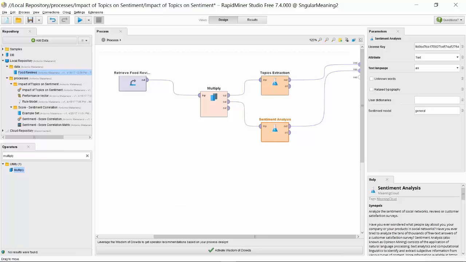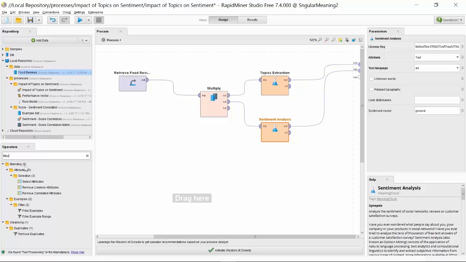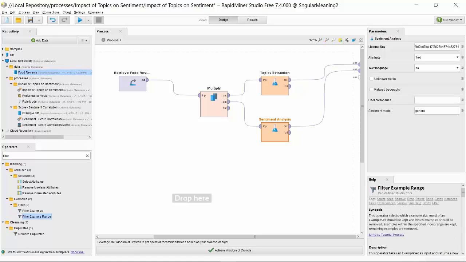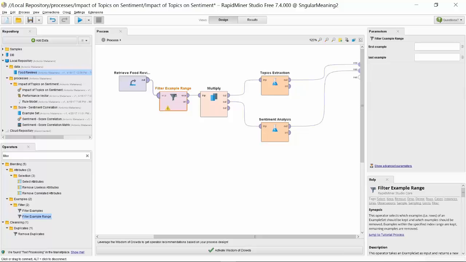And only because the data set is very long, and if we would like to analyze that now, it will take several minutes, I'm going to just use a subset of the data set. I'm going to use this operator called filter. Okay, I'm going to just select a few of the records, like 5, for example. And then I just go and click on this arrow.